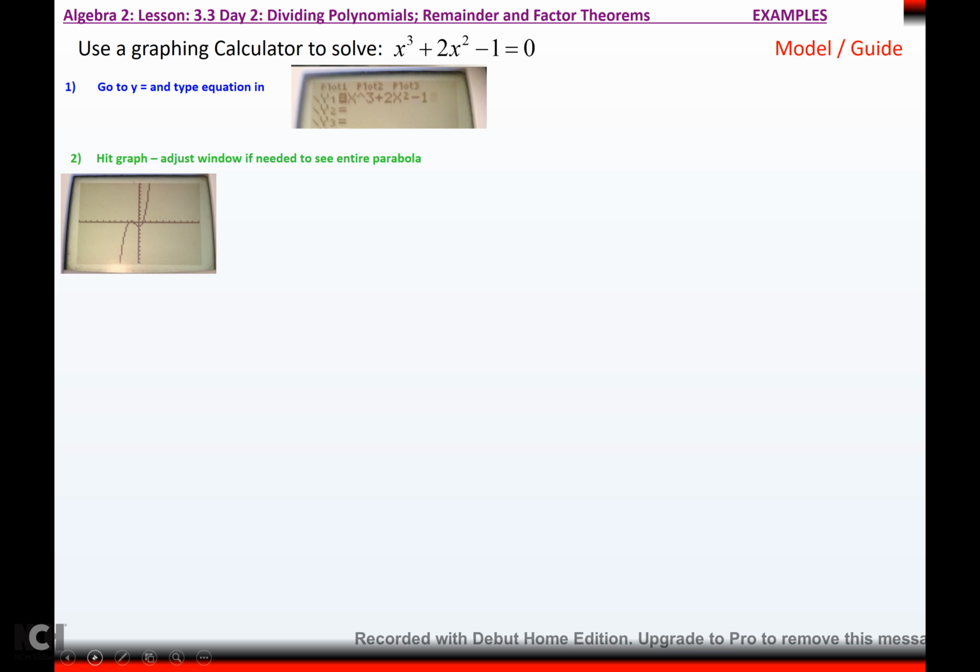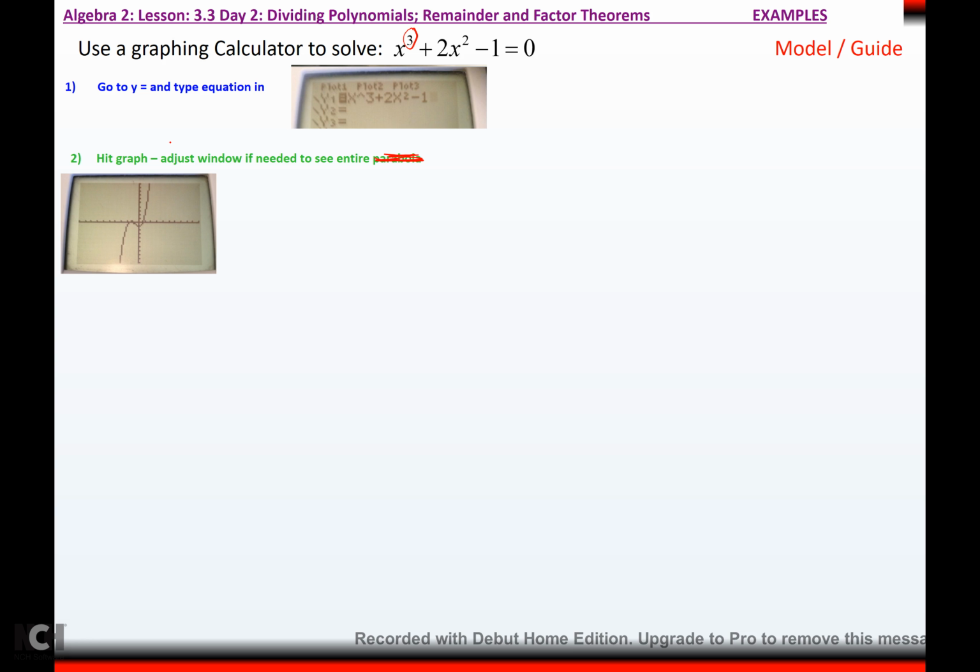Okay, and then I'm going to hit graph, and you might have to adjust the window to see the entire, well, it's not going to be a parabola, we're expecting an S shape, so you might have to adjust the window. I'm expecting either 3 or 1